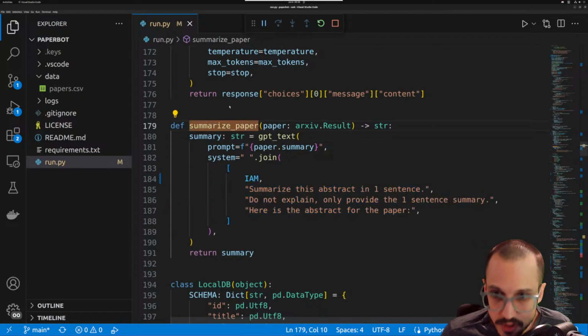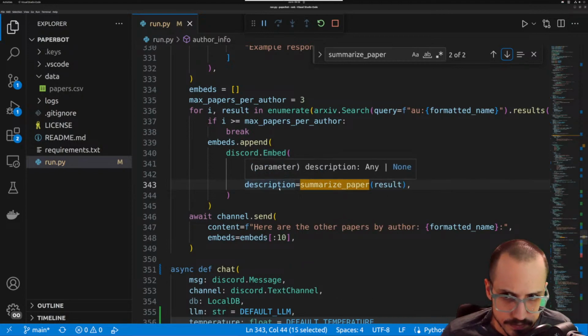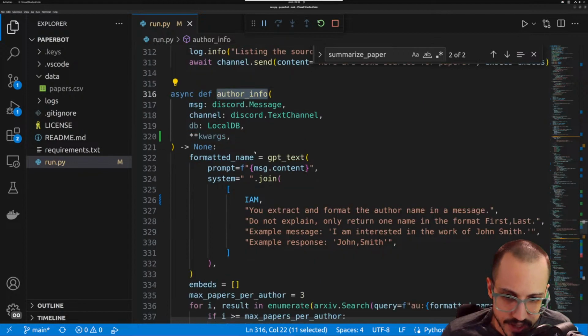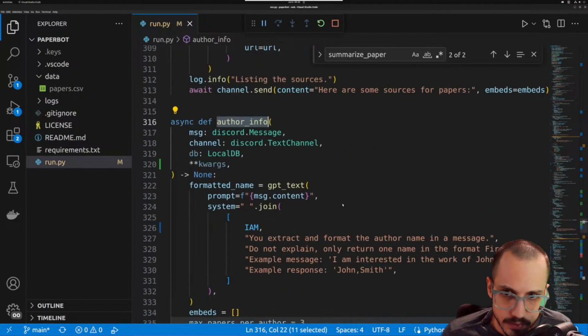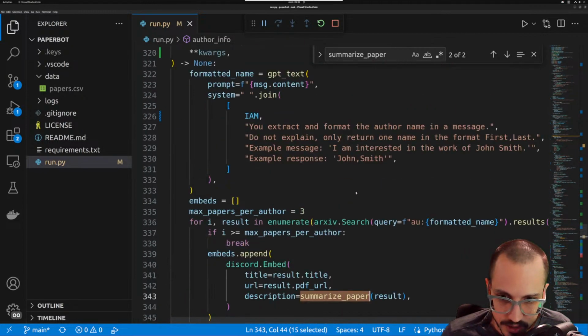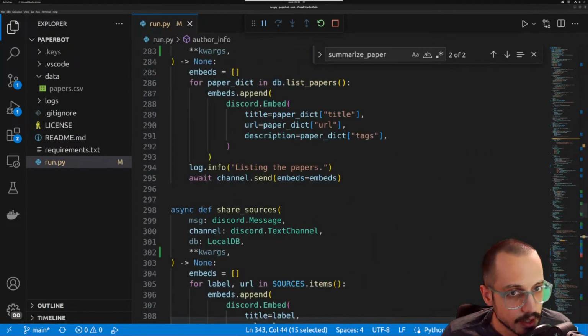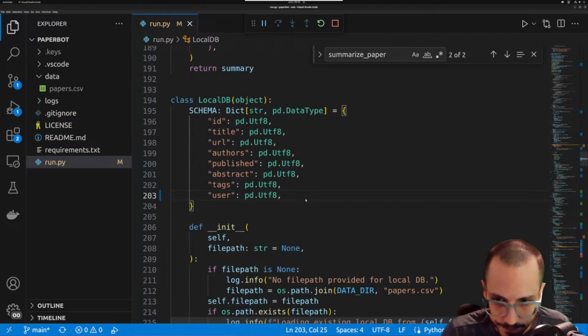Okay, where does this get used? This should get used every time you add a paper. Discord.embed summarize paper of result. Okay, so this only gets called on author info. I think what we really want is for this summarized paper to be called whenever you actually add a paper to the database. So let's go back to our database. Whenever you add a paper, there's an abstract. Let's also add a